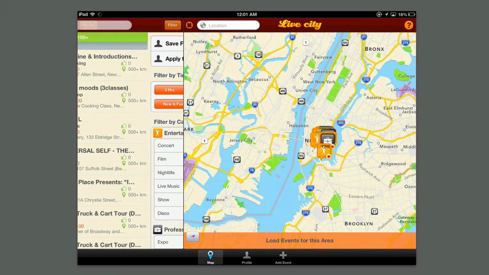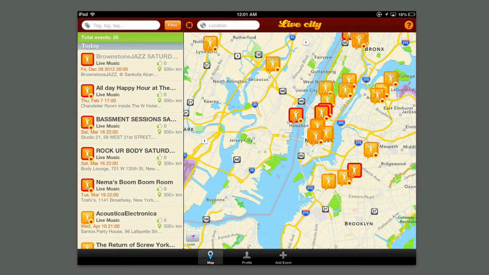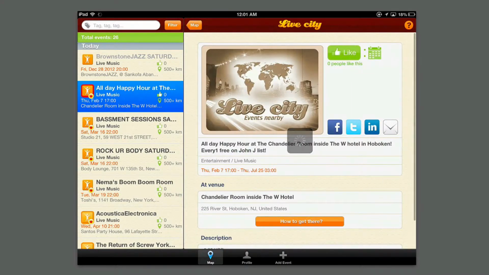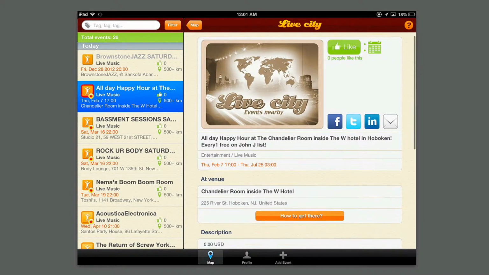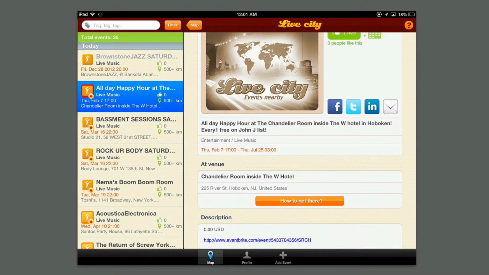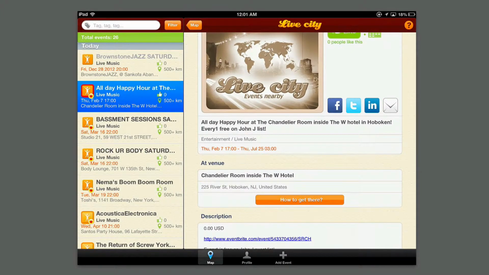So now I'm going to go ahead and apply that filter. And we're going to wait for all these events to populate. And now we can see all the events that are within 7 days in the New York area and are only live music. So we can see here we have all day happy hour at the Chandelier Room inside the